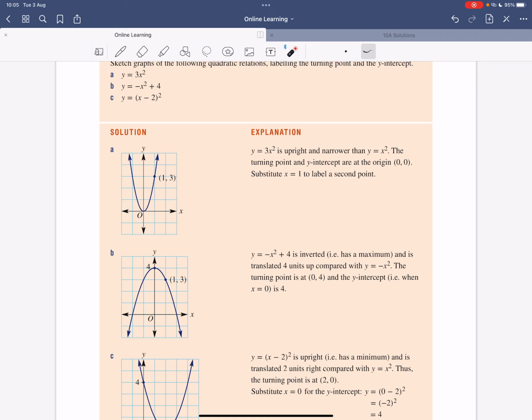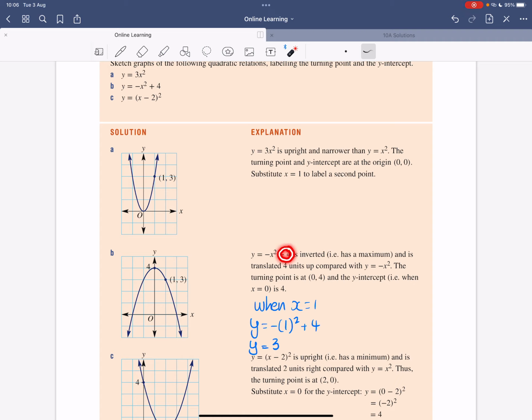The last thing that we need now is a particular coordinate that we can use to establish the width of the shape. Similarly to what we did in the last example, we just find the coordinate when x is 1. When x equals 1, we substitute x for 1 here. We square it and then add 4. So 1 squared is 1. Now we have negative 1 plus 4, which is just positive 3. So now we know the position of the turning point. It's at 4 on the y-axis,